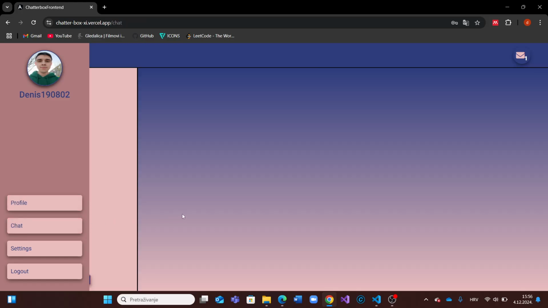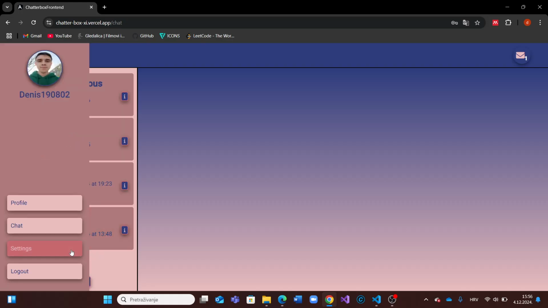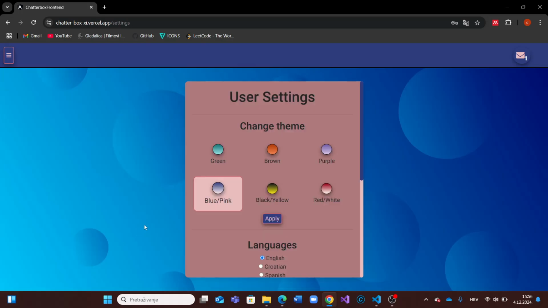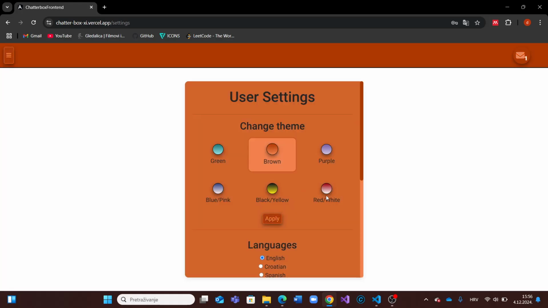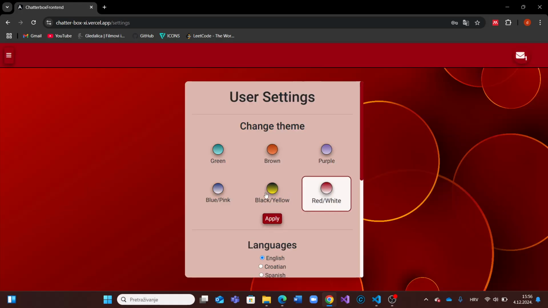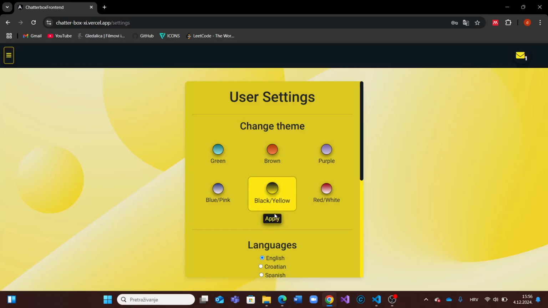Let's go back to the chat. I mean, we can see the settings right now. In the settings we have user settings for this account. We can see the themes, and we can change the themes. Currently we have the blue/pink theme selected. If we want, we can change the theme to preview them, and for example this one,